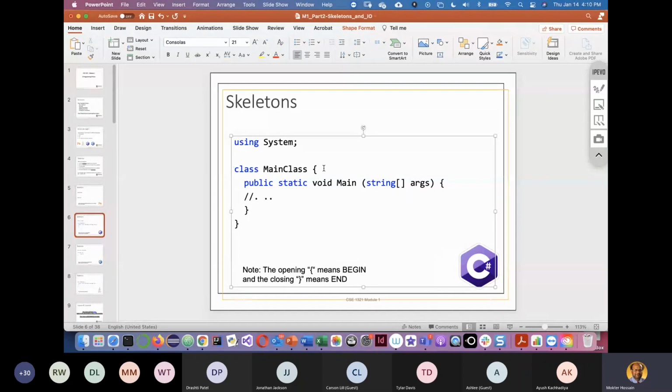So for now these things are abstract to us. We are not focusing on them today. Do not ask me any question: what is meant by class? What is the purpose of using? What is system? We are not discussing this. These are for now abstract to us, because we want to focus on something else. So here one thing at least we need to know: main is the main method. Every program,